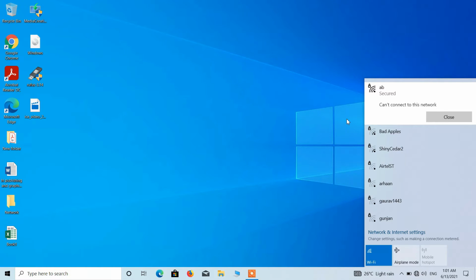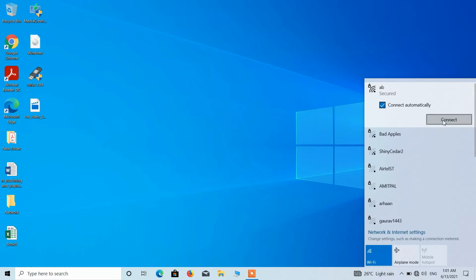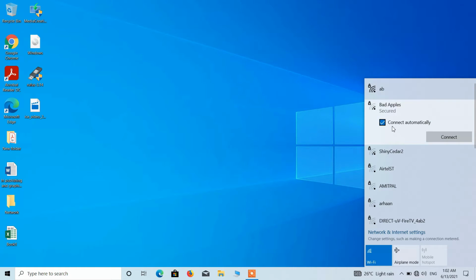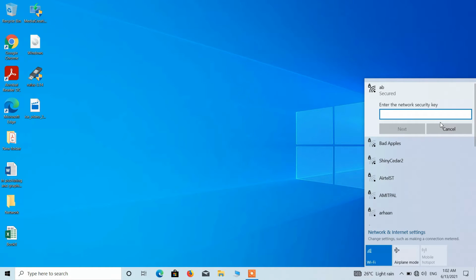So the first method is, I will first close this by clicking on the close button, and now what you have to do is click on the network in which you are getting this message, right click over it and click on the option forget. After this, click on the Wi-Fi network again and click on the connect button.